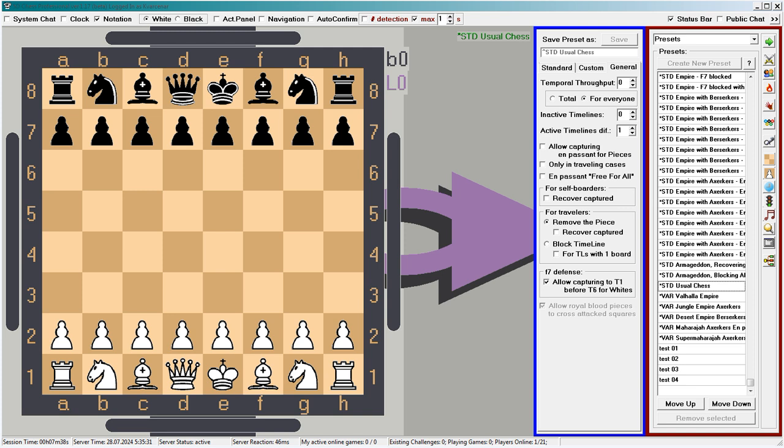Within one's self-board, we can choose whether to restore the captured piece or not. If, for example, the opponent's rook captured our bishop, and we capture this rook en passant, our bishop can be restored to its position, or not, depending on this parameter. For travels, we can choose either to capture the opponent's piece, with the same option to restore our piece, or to block the timeline to which the opponent's piece landed.